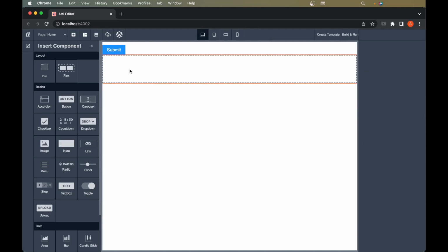In the produced app, this dashed line will not be there, and this flex box will have 0 height. Here we see some height. This is just for ease of development, so that we can drag and drop things inside this flex box. That's why we have some height initially. Anyways, coming back to the point, let's say we want to